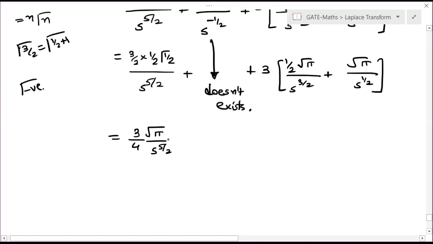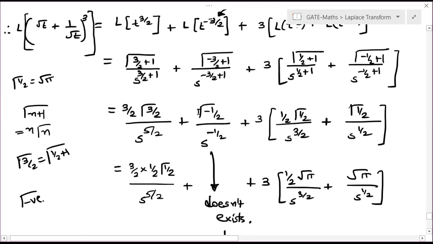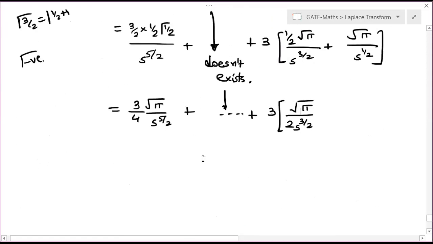This doesn't exist exactly. That means there is no answer to your question. It will not exist, right? But you can expect a similar type of question whose answer can exist. Okay, so it is 2 s to the power 3 by 2. I have given you this question only to see whether you are able to identify this or not. Okay, so plus, we can even take root pi common as well, divided by s to the power half. Yes, so this is the last simplification till which we can do.